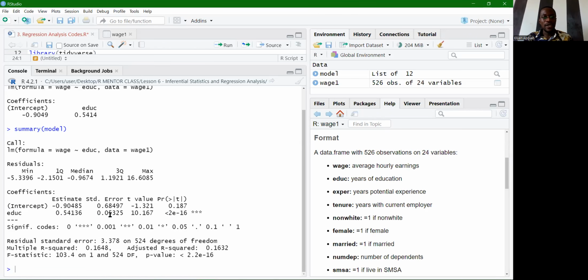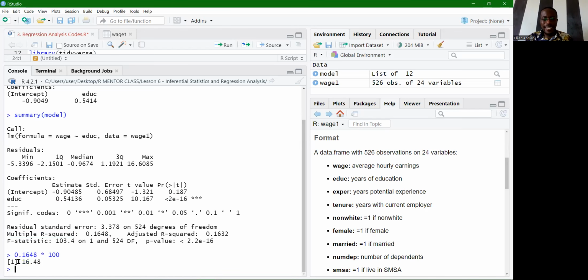Once that is established, we go ahead and say that, of course, we have the coefficient of determination. What is the R squared? Now, it is called multiple R squared. Don't worry, once you see the R squared, you are just there. So the R squared value is 0.1648, which means that if you convert this to a percentage, 0.1648 multiplied by 100, we are getting 16.48%. It means that our regression equation fits the data by